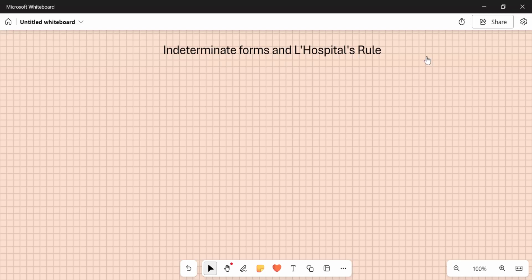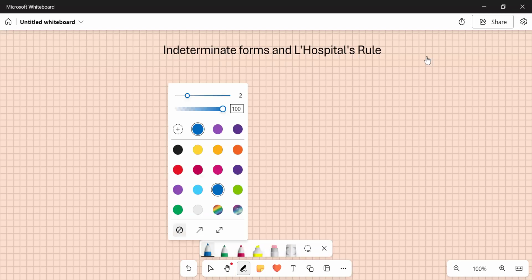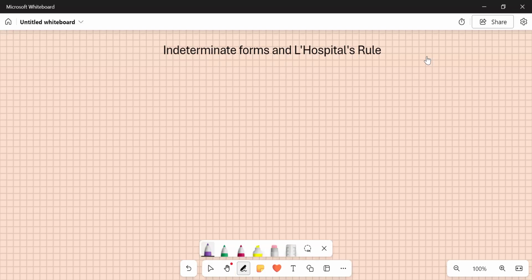Hello, everyone. Today we are going to talk about a special type of limits, which is called indeterminate forms, and the rule how to calculate these limits, which is called L'Hopital's rule. So first, we are going to start with definition. Definition: